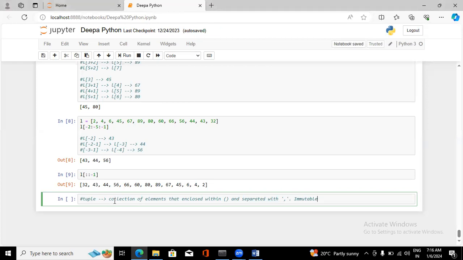Once you enter the data, that is fixed, you can't change the data. In a tuple, you can't perform these add operations, delete operations, or update operations. These three operations you can't perform. That's why tuple is immutable, and list is